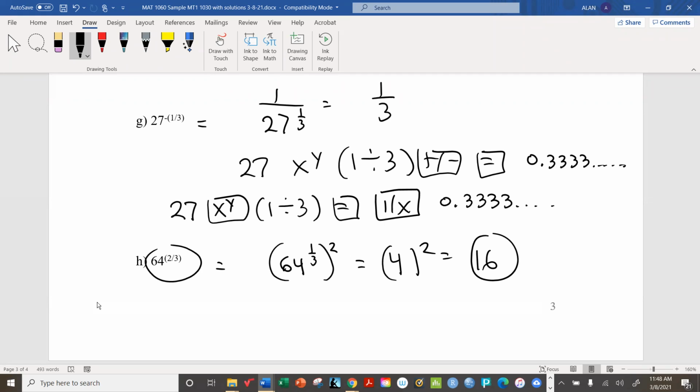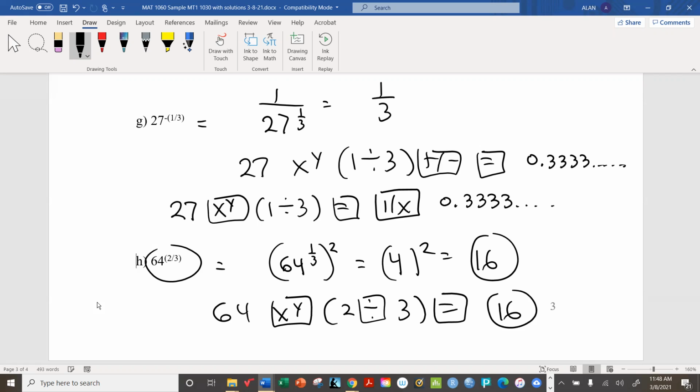The other option is to just go back to the calculator and say, all right, 64 x to the y, open parentheses, 2 divided by 3. And you should end up with exactly the same thing. All right, let's double check that. Hopefully you've got it. Oh, yes, I know you have it right in front of you, but let's make sure it's on the calculator function. Raise it to the open parentheses, 2 divided by 3 power, equals 16.